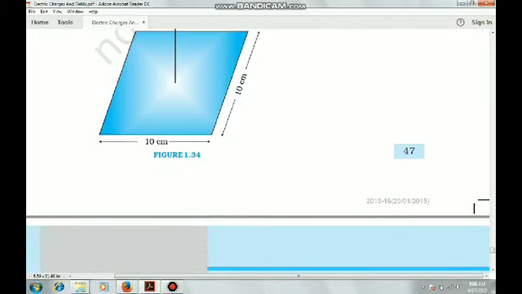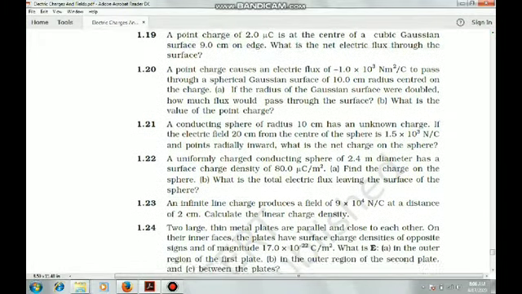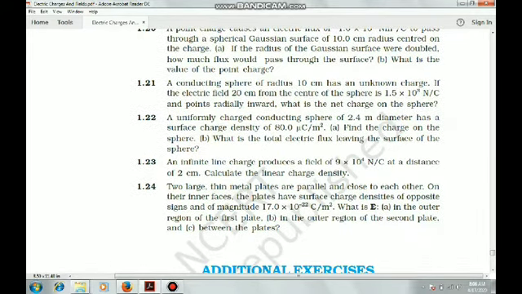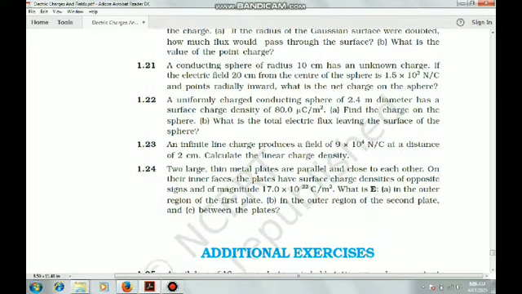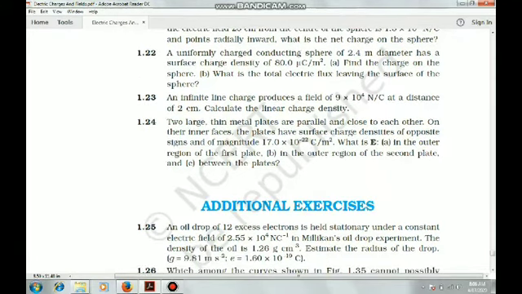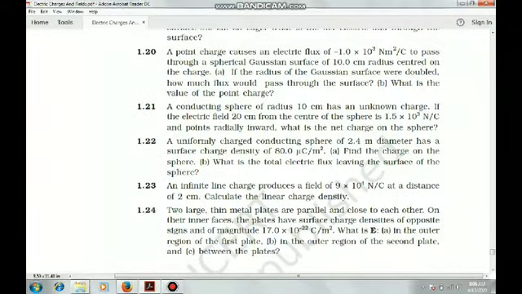After 1.18 we have 1.19, simple electric flux, 1.20 electric flux, 1.21, 1.22. These 1.21, 1.22 are from applications only. So you have to complete up to 1.24. Sorry, there are 24 questions, and then we have an additional exercise. We will proceed to the additional exercise later on, but first of all you have to do the exercise. So do it completely, forward me the doubts so that we can solve them in the next lecture. Thank you very much.